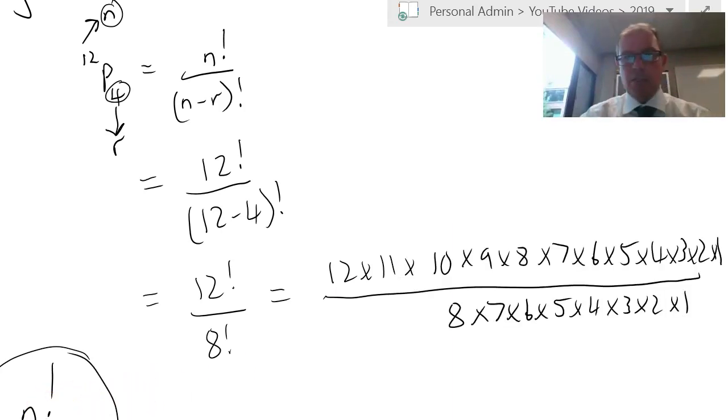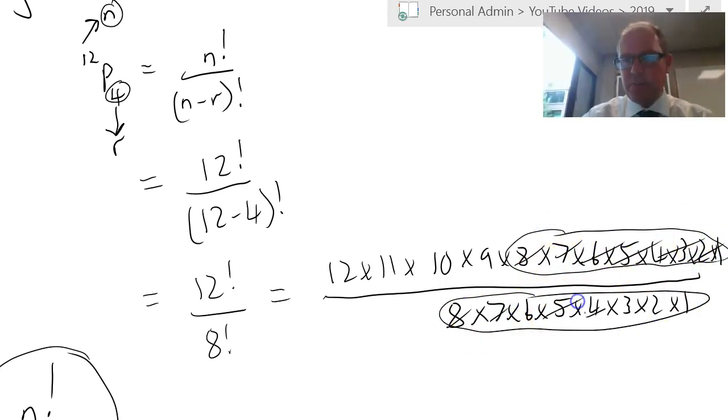And there it appears. So we can see that we've got 12 factorial on the top, 8 factorial on the bottom, and look what happens. The 8 divided by 8 cancels, 7 divided by 7 cancels. In fact, 8 factorial, which is sat here, cancels with all of the 8 factorial on the bottom here, leaving you with 12 times 11 times 10 times 9, which is exactly what we had before,